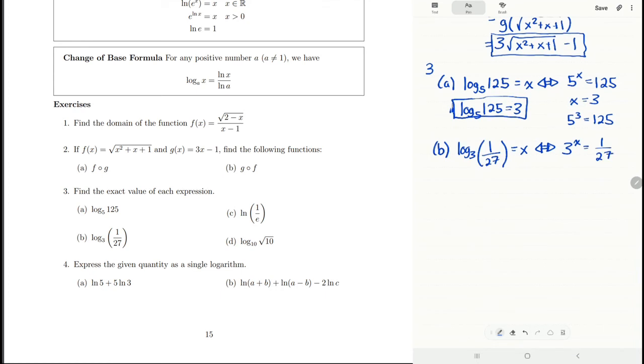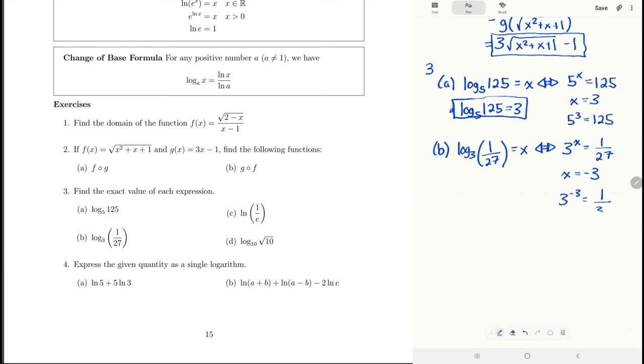So what power on base 3 gives me 1 over 27? Well, if x is equal to negative 3, then 3 to the power of negative 3 is equal to 1